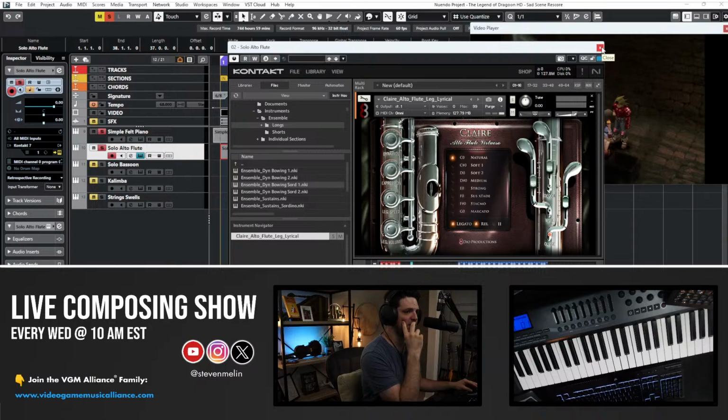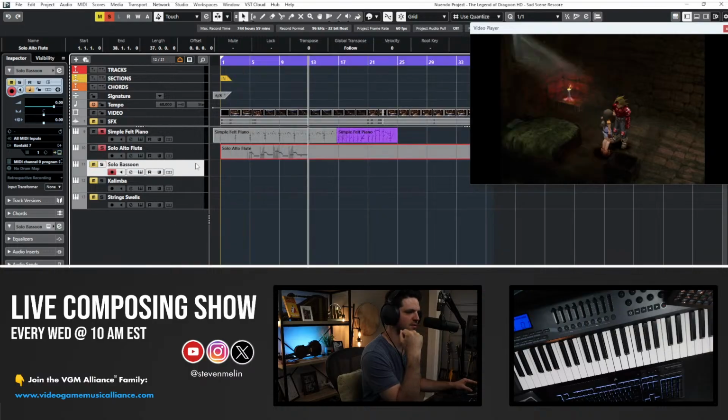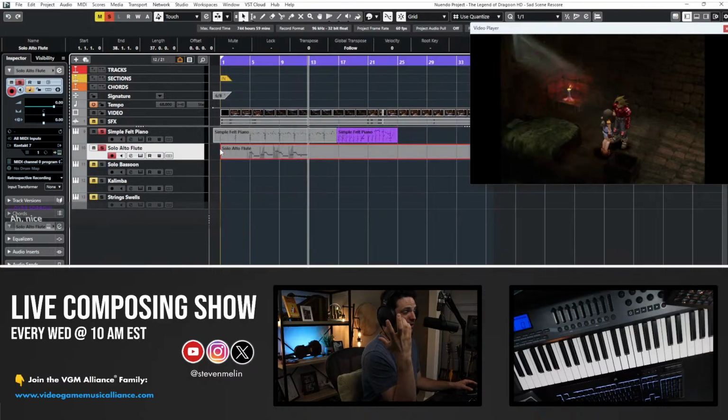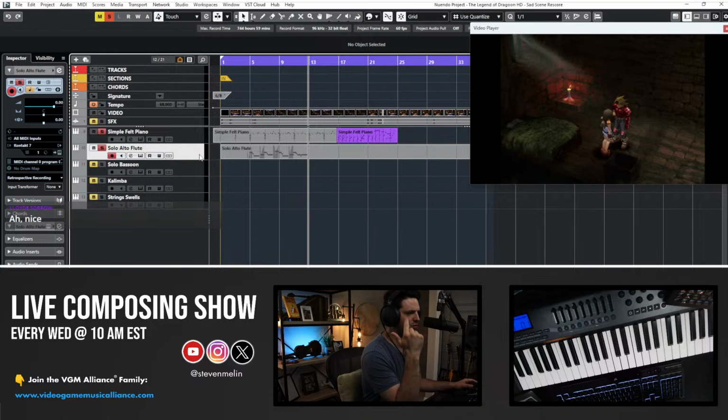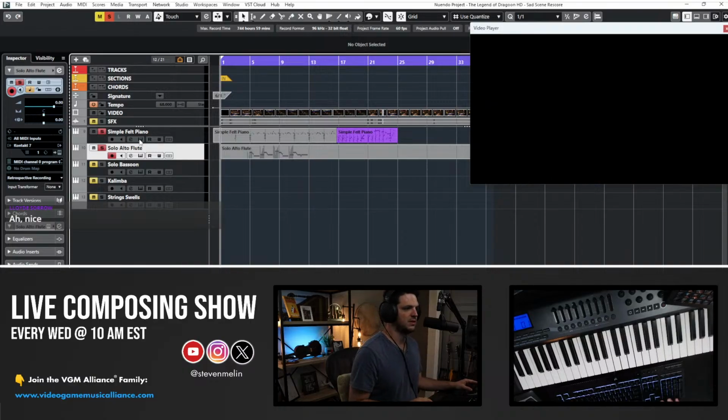I lean towards any instruments that sound real, like really good performances of legato has always been very important to me. There might be something better out there now. I don't know. But I'm sure they're dirt cheap now. That's the Claire Woodwinds, and it has flute, bassoon, English horn, oboe, and clarinet. So it has what you need. Nothing more, but that's what you need.